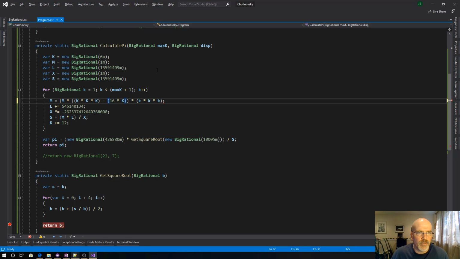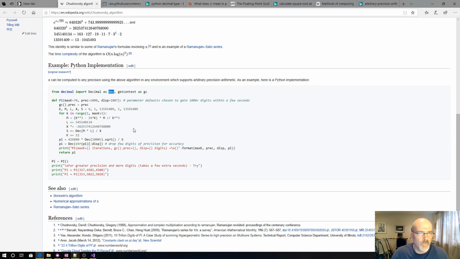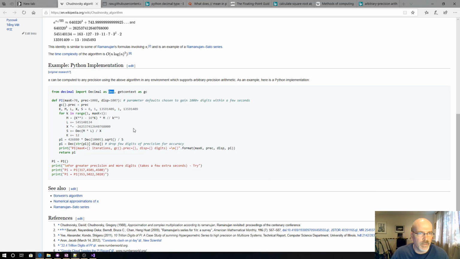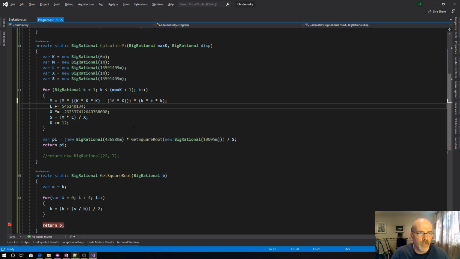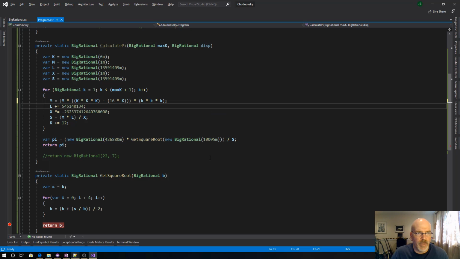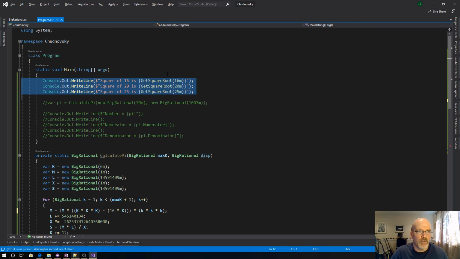So we still want m times that quantity divided by that. Okay, and then L is multiply that whole thing. X is that. S is just m times L divided by X. And then K is plus 12. And then we take the big rational of that, get the square root of that, divided by S, and we return pi. Okay, so now if we do EC,